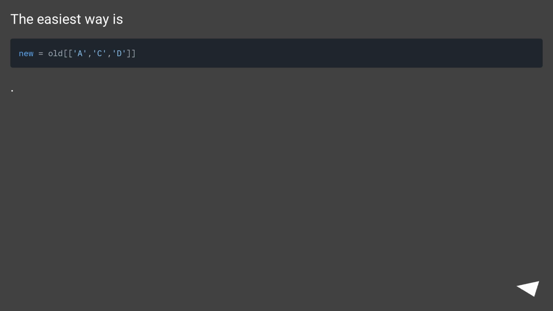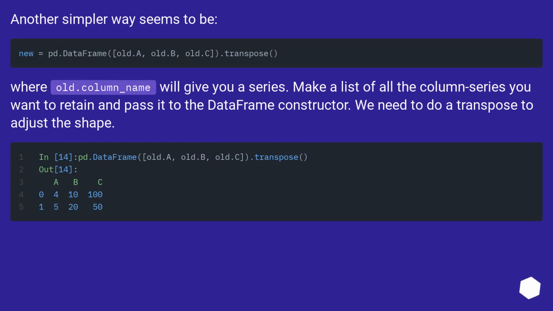The easiest way is... Another simpler way seems to be